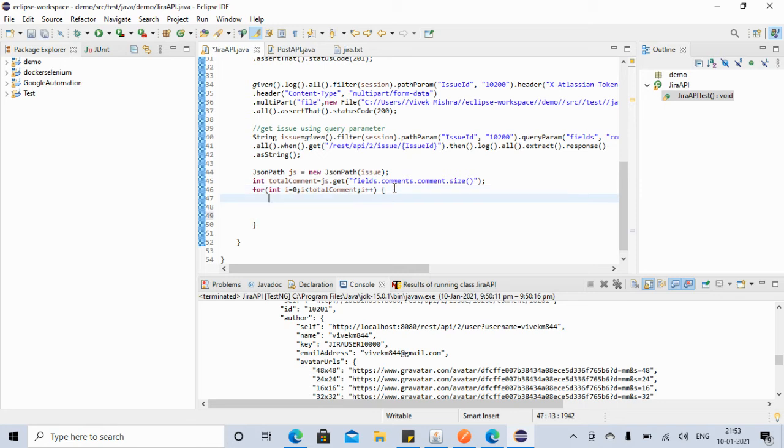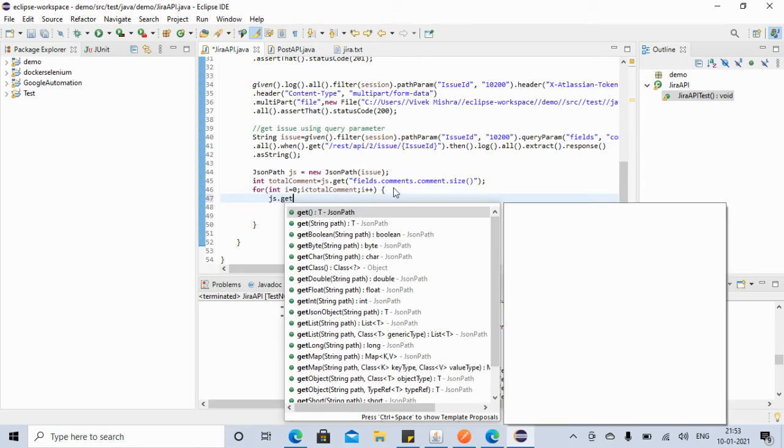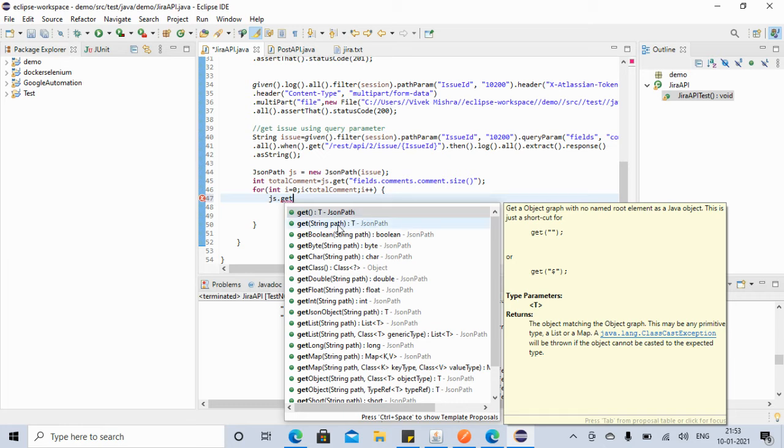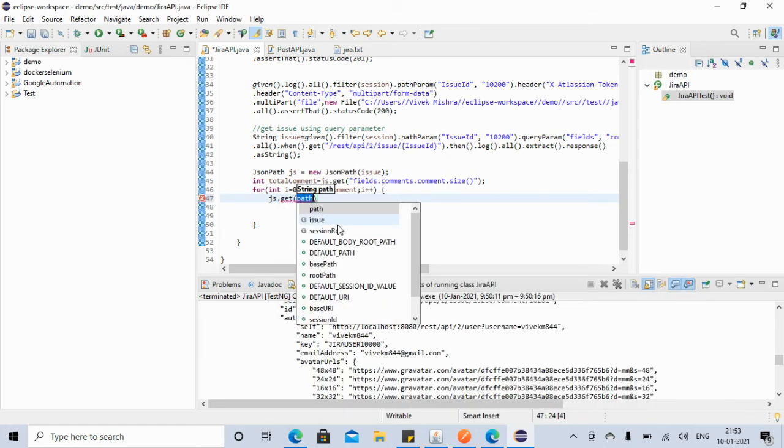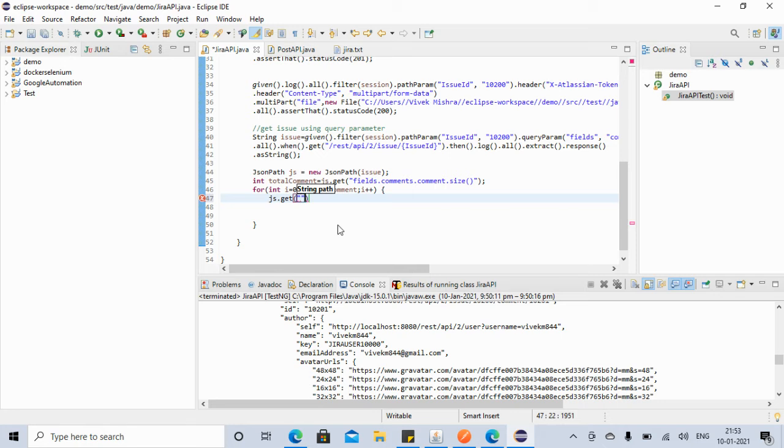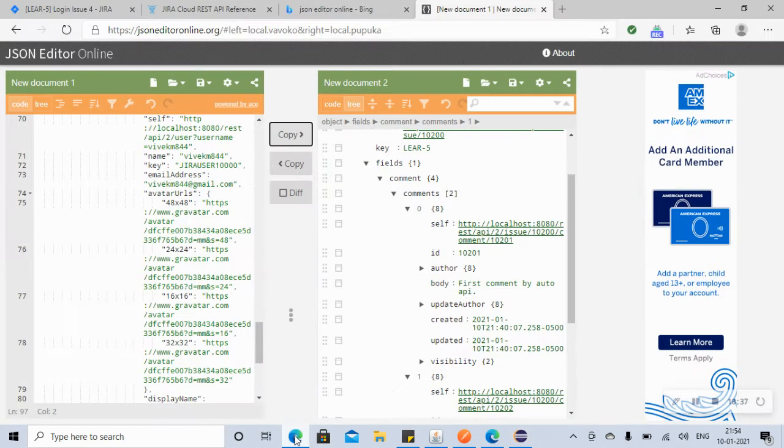So how can we retrieve the comment? js.get, right? So js.get, and inside here let's copy this fields.comments.comment. You have to go till here, comment. If you see here, we'll go to fields.comment.comments.